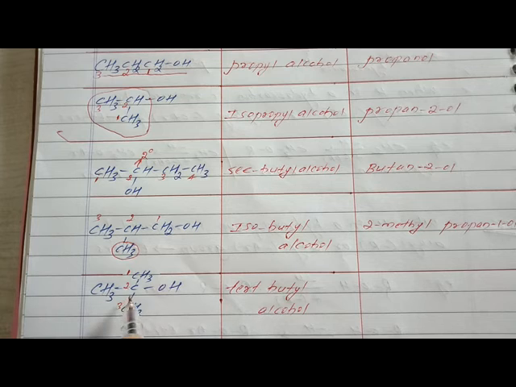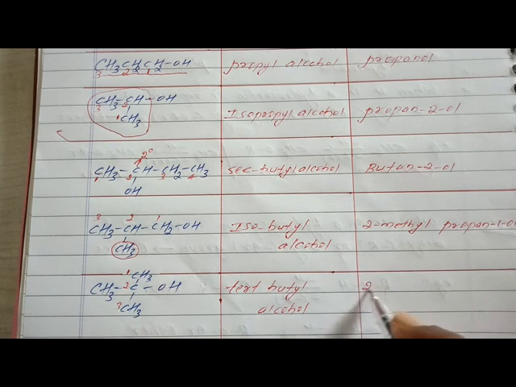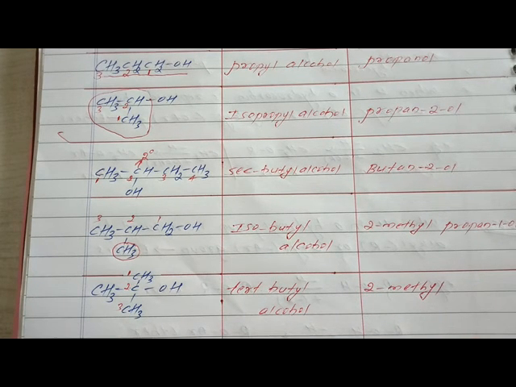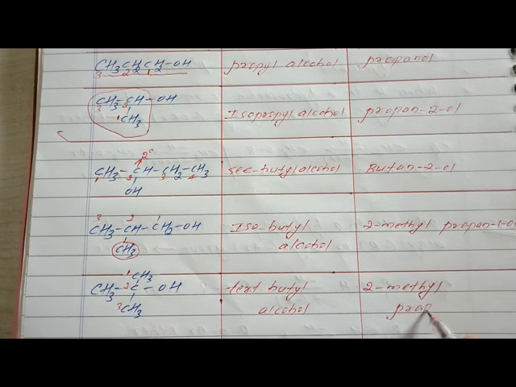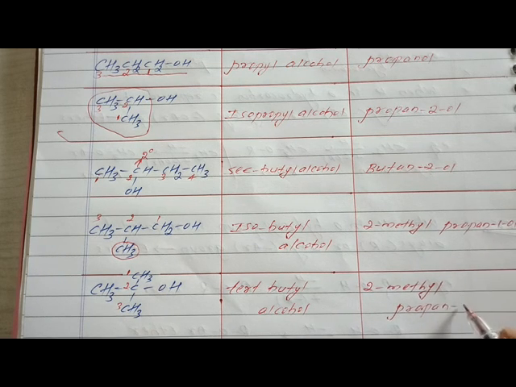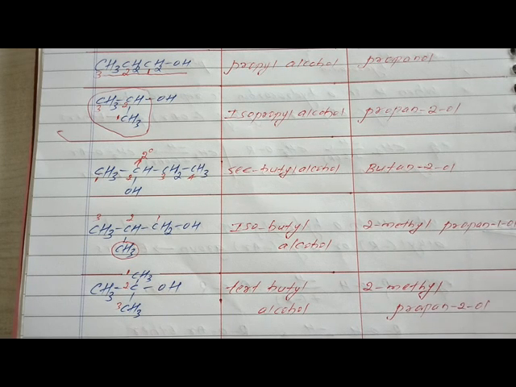As again this second carbon is attached to this methyl, that is the substituent methyl group, so simply I write here the prefix 2-methyl. And now what about the parent chain? Now there is the presence of 1, 2, 3, so the parent is what, students? Propane. We can write propane as propanol, but the OH is attached again to the second carbon atom, so we can write it here as propan-2-ol.